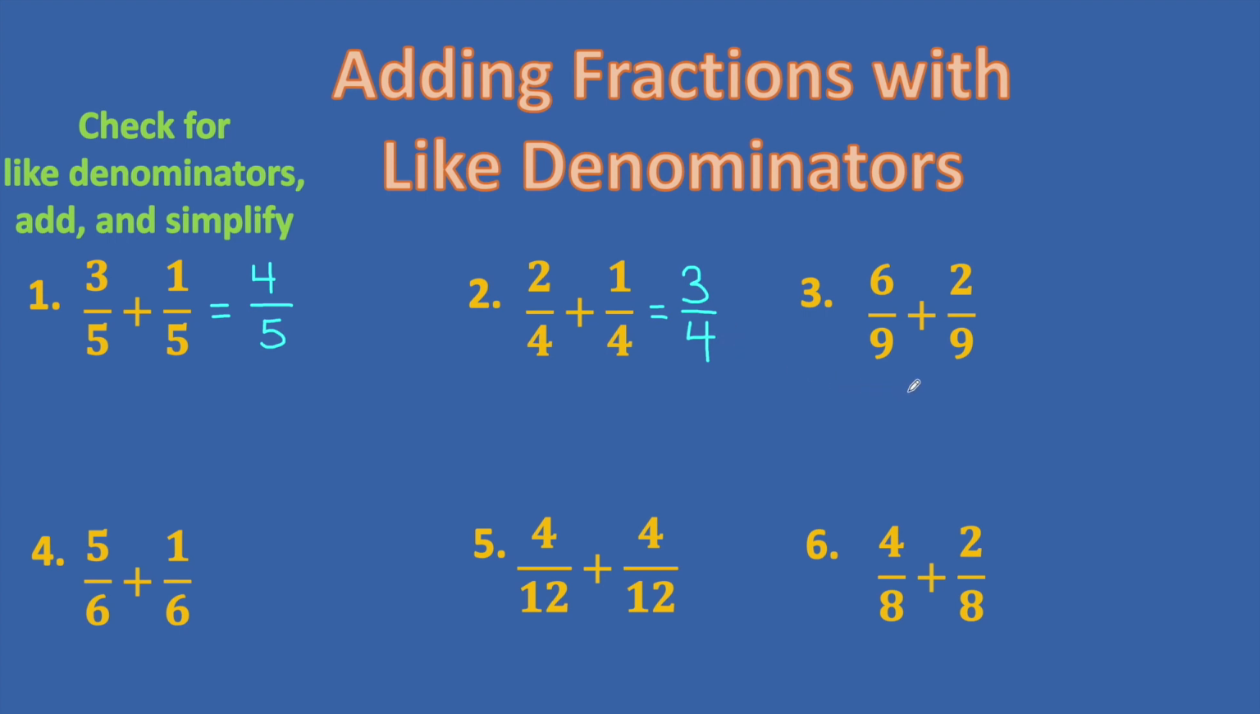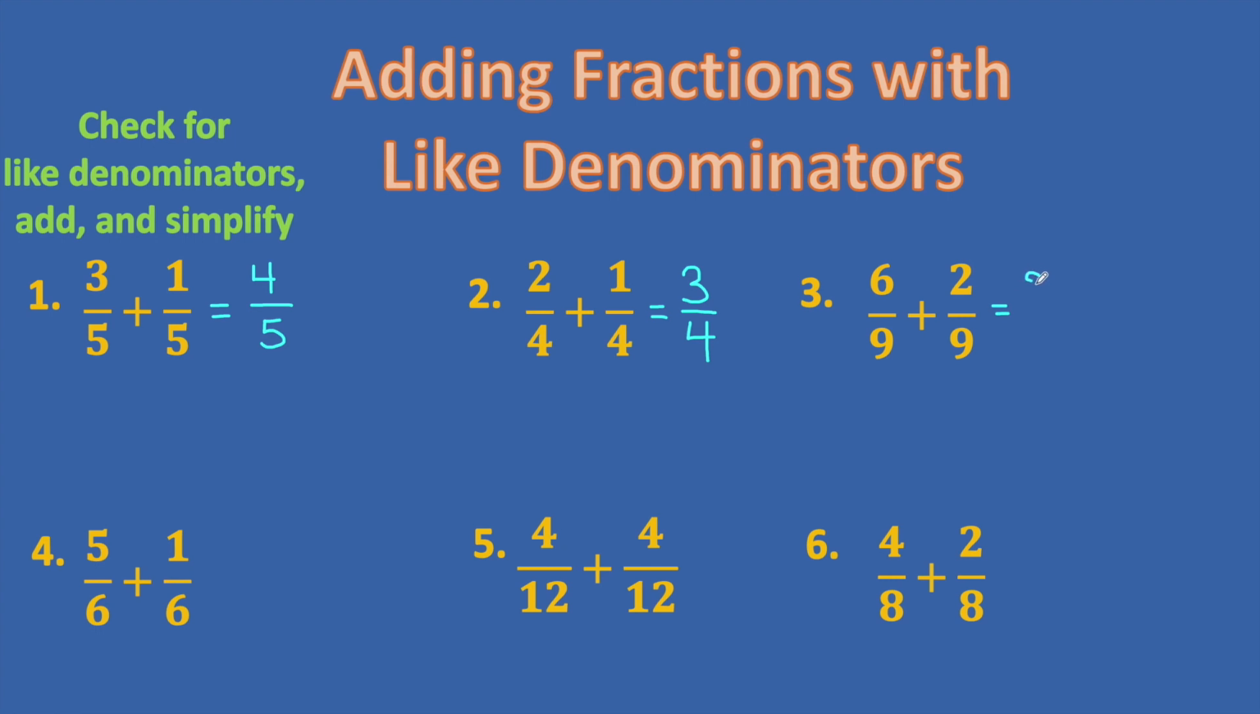Let's look at our next example. We have 6/9 plus 2/9. So we check for like denominators. We see we have a 9 here and a 9 here. They're the same, they have like denominators. Then you check the top. Now you can add the numbers on the top. We have 6 plus 2, which equals